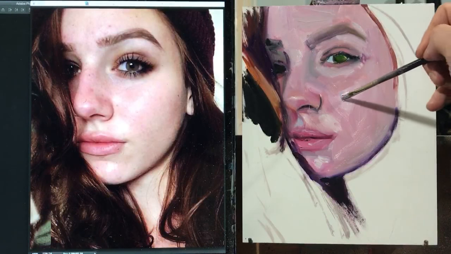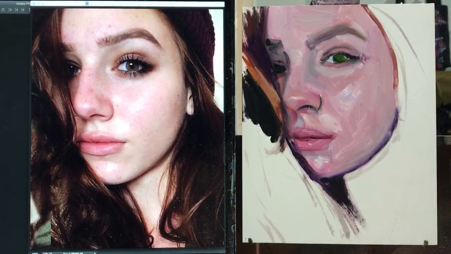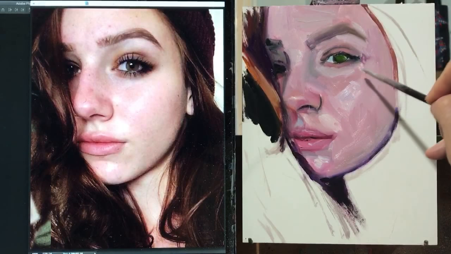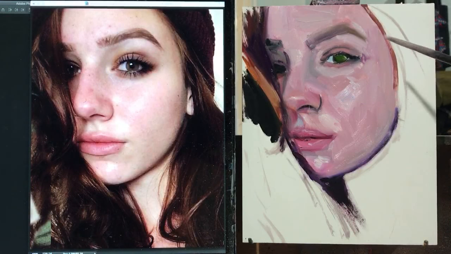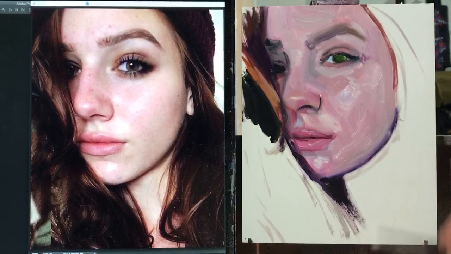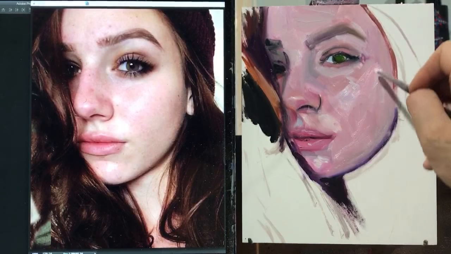Okay, here's where I want to come in with that color and the highlight of the cheek. That's reading pretty well. It's very subtle, has the right amount of color in it, and interest in the brushwork. And I think that one thing that people like about my work is that they can see the brushwork in the finished painting, and that's what excites me about